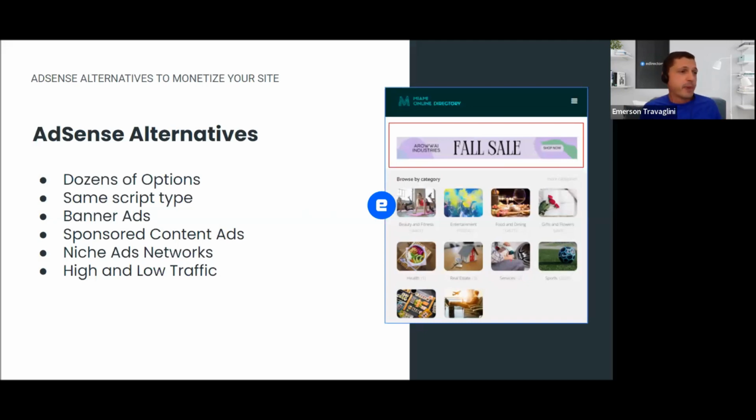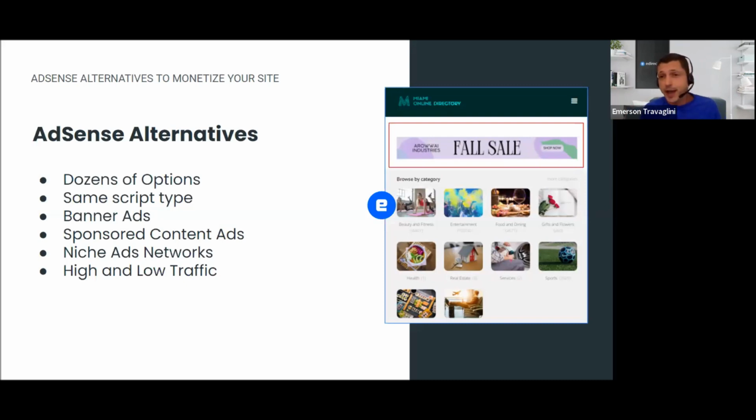You can have banner ads just like we have here, a graphic banner ad. You can have sponsored content ads like Taboola and others that will place blog posts and other stories, some videos, something different from external sources.